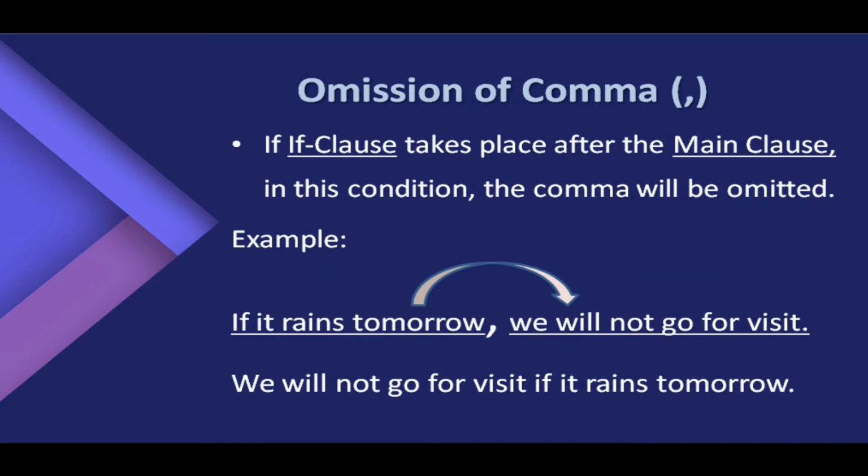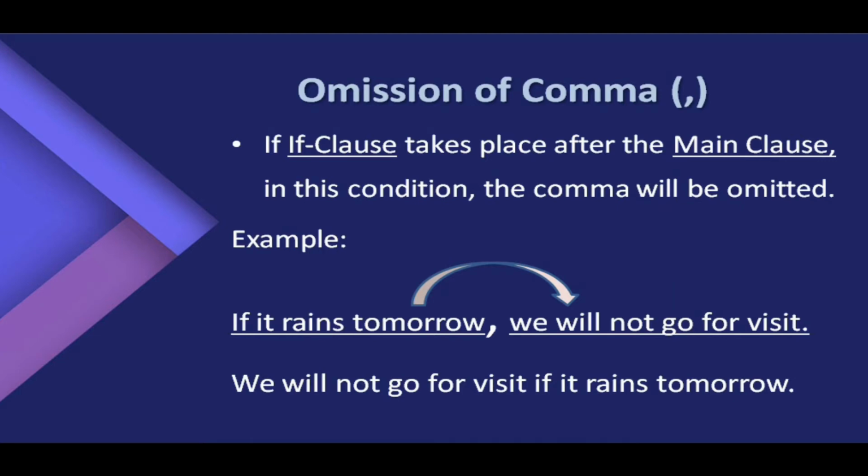Let's see the omission of the comma. If the if clause takes place after the main clause, in this condition, the comma will be omitted. Here, I have given 2 sentences as an example. The first sentence starts with the conditional clause and the second sentence begins with the result clause. If the sentence begins with the conditional clause and then the result clause, we need to use a comma between the 2 clauses. If the sentence starts with the result clause and then the conditional clause, then we don't need to put a comma to separate